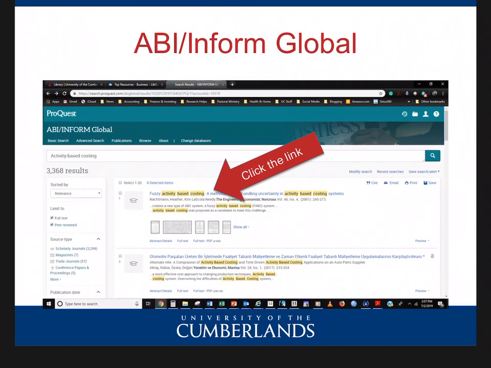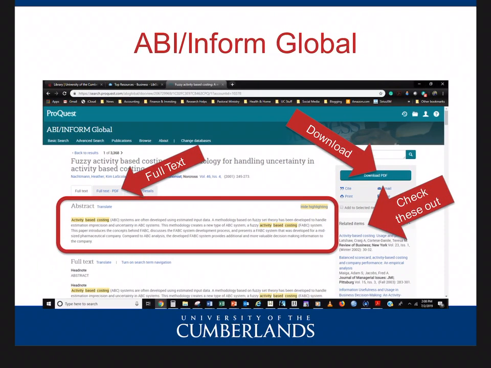So to continue on with our investigation, we're once again going to click the link to the fuzzy activity-based costing article, and we're going to see what we have. So upon clicking that link, you will be provided with some important information. First, when this comes up, the first thing you'll see is under the article title and the article authors,